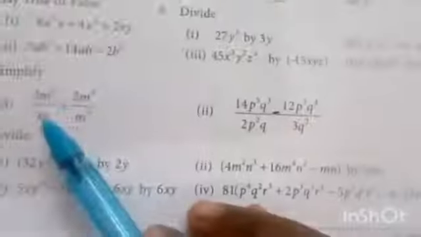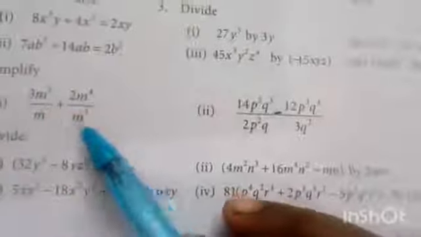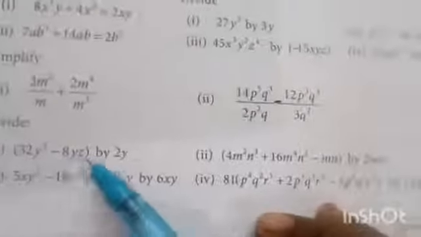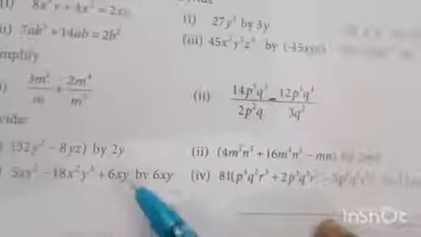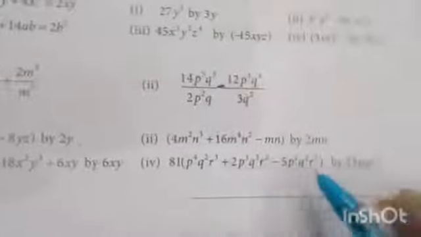Okay. In the first problem, third problem, we have one term divided by one term. For the next, it is two terms by two terms, separate terms. For the same third method, in the first problem two terms are there, here three terms are there, and here three terms are there, here 1, 2, 3 terms. It looks like a big problem, but easily we have to solve this problem.